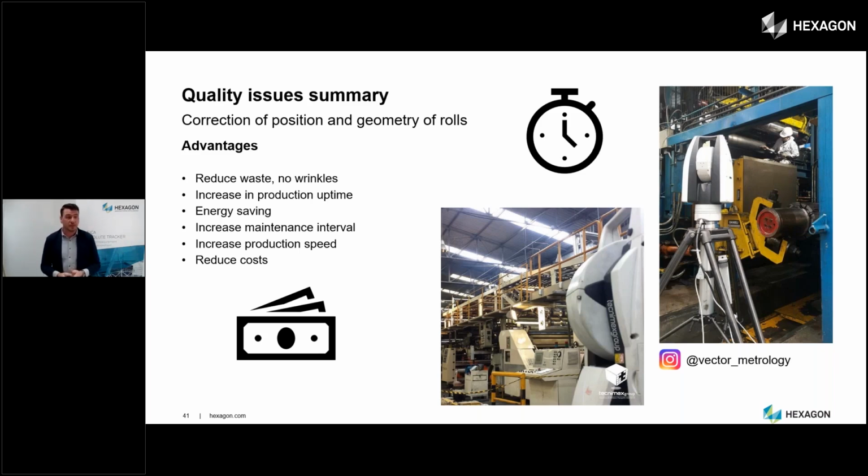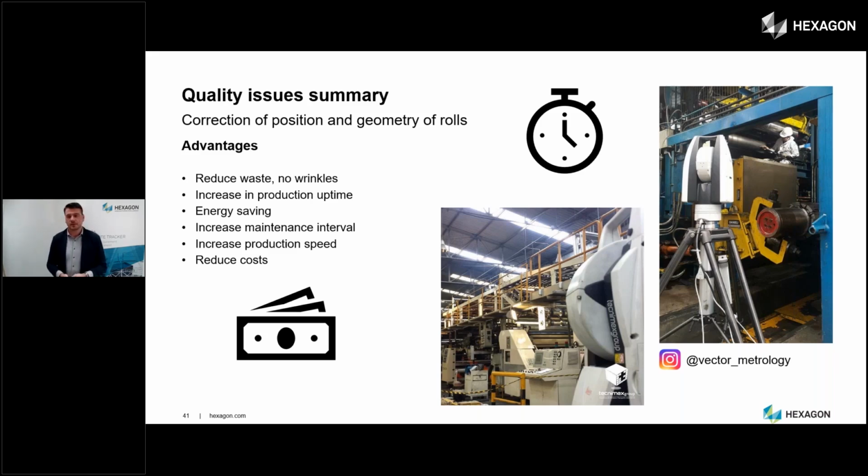The energy saving, because the motors are less challenged, I would say. Increase the production speed: when the rollers are smoother, this would also increase your throughput, and this is then beneficial for the customer. So he earns more